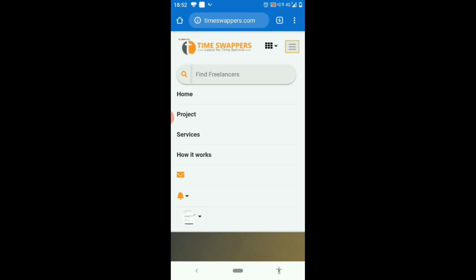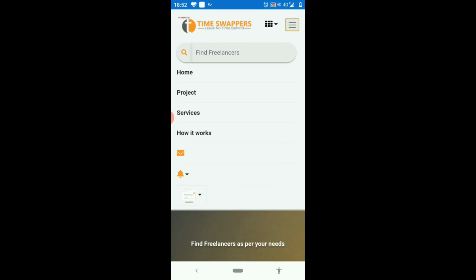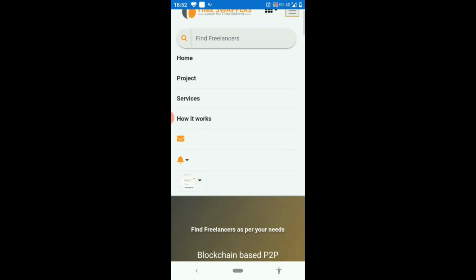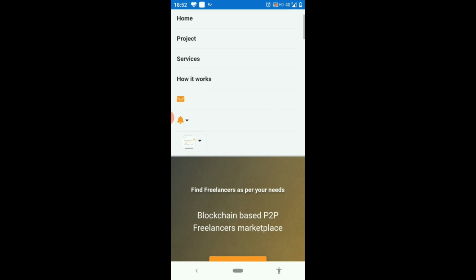Now let's go here, and I can see there is an option to search freelancers directly from here. So that's really handy. You can also see an option to go back to home. Then there is an option of project, so anybody can list their project or search for projects. This is the services, where anybody can list services, and there is a user guide which says how it works.